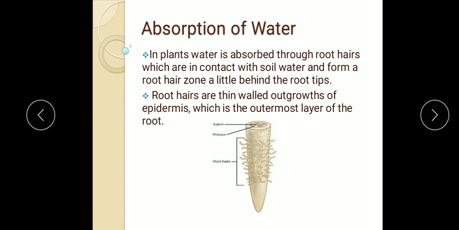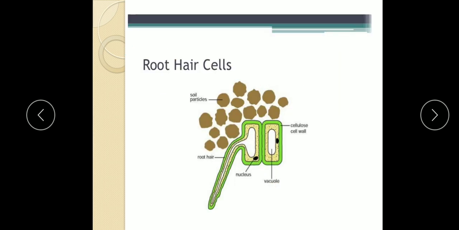So let me see now the magnified view of the root hair. Here you see one of the root hairs shown here. This diagram is given in your book also. So here in the root hair you will see the outermost boundary, which is the cell wall, and inner to it is the cell membrane. Clearly you can see the two lines, the outer line showing the cell wall, the inner line showing the cell membrane. In the center of the cell you will see the vacuole, and here is the nucleus.